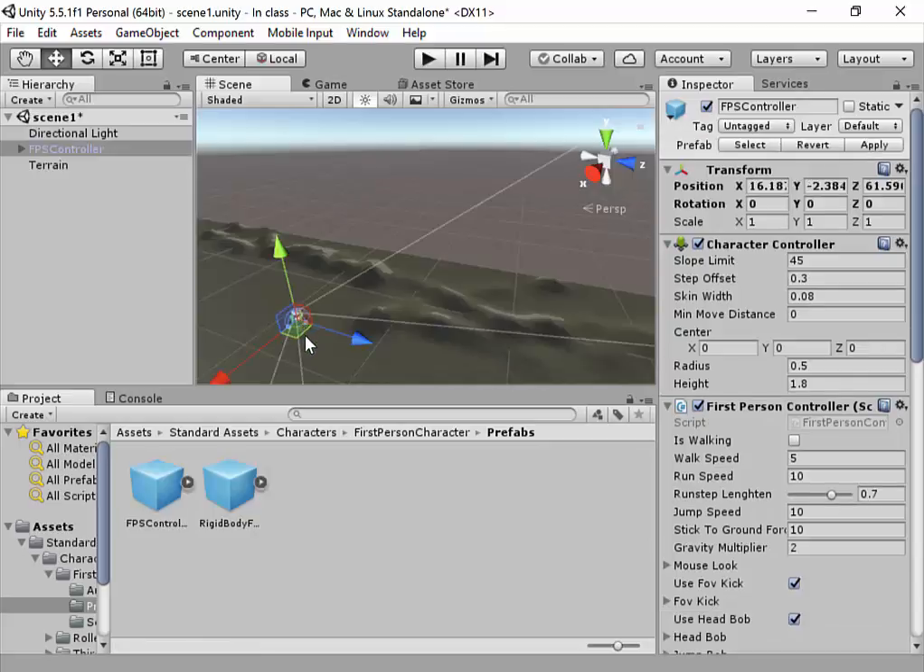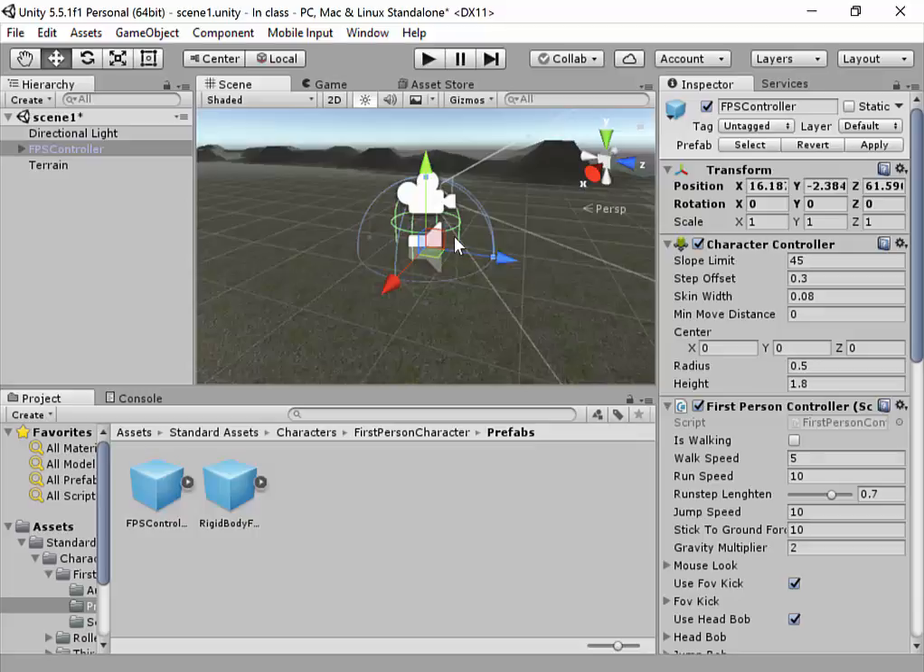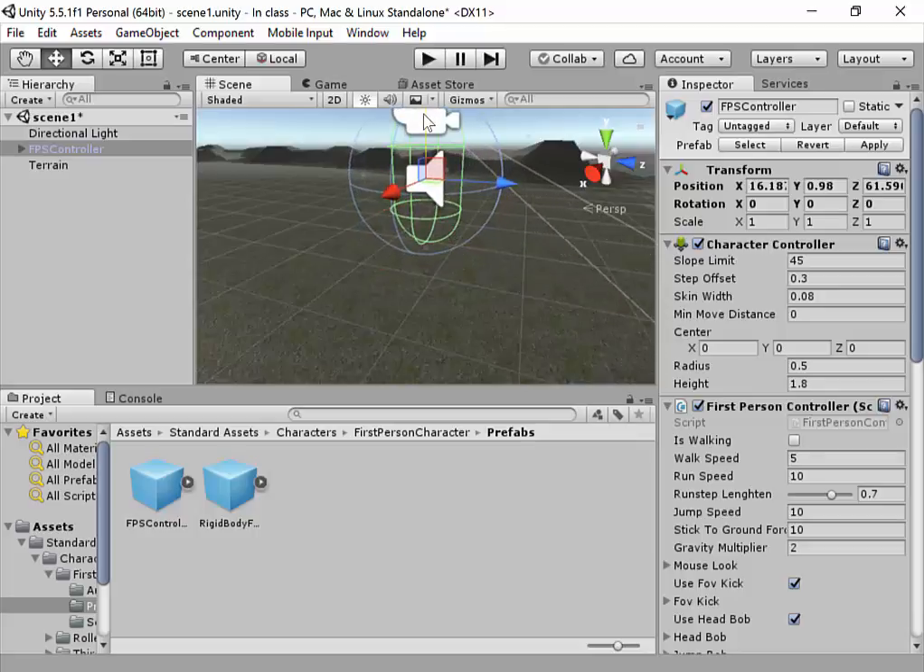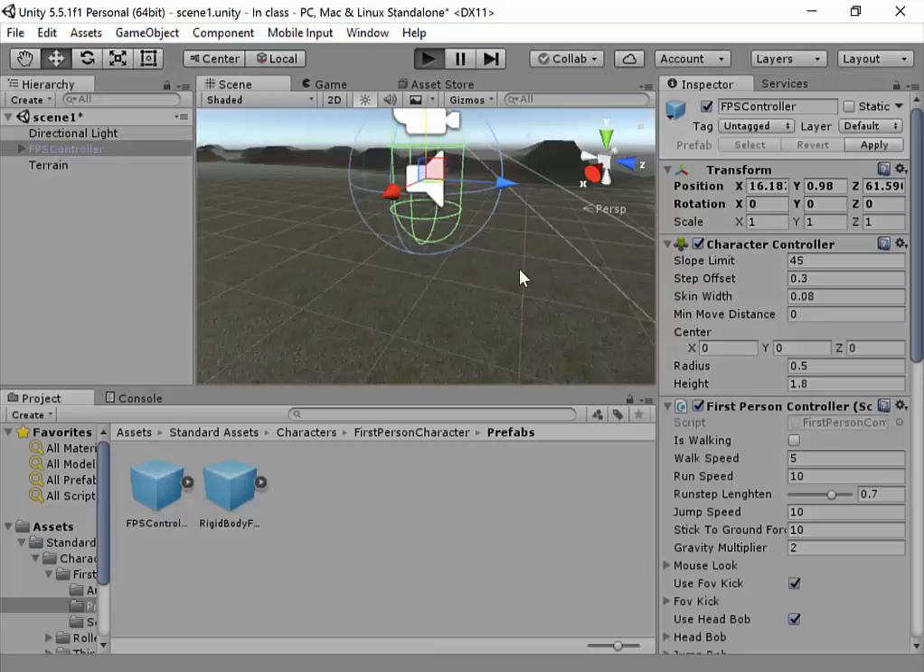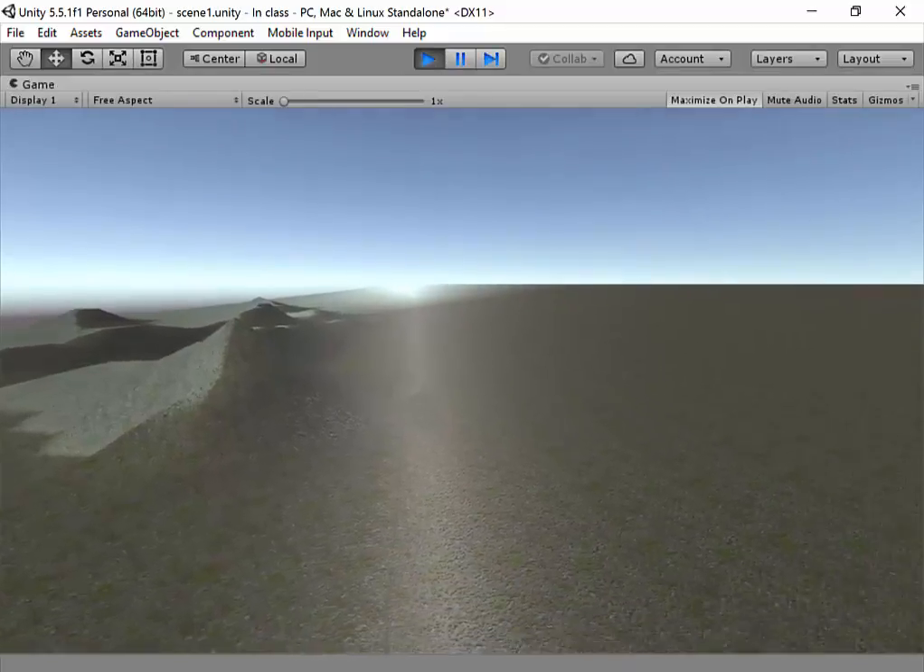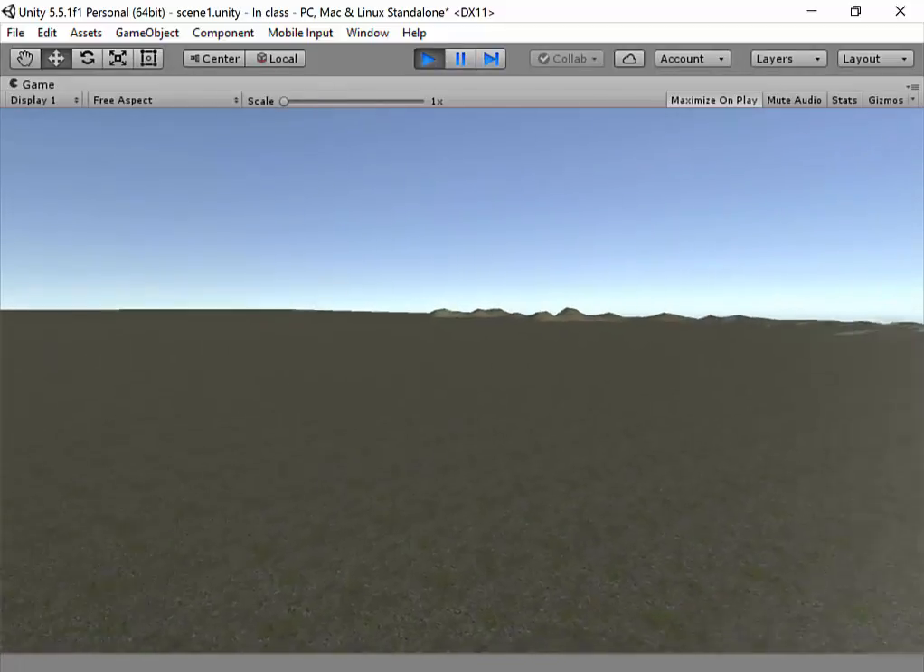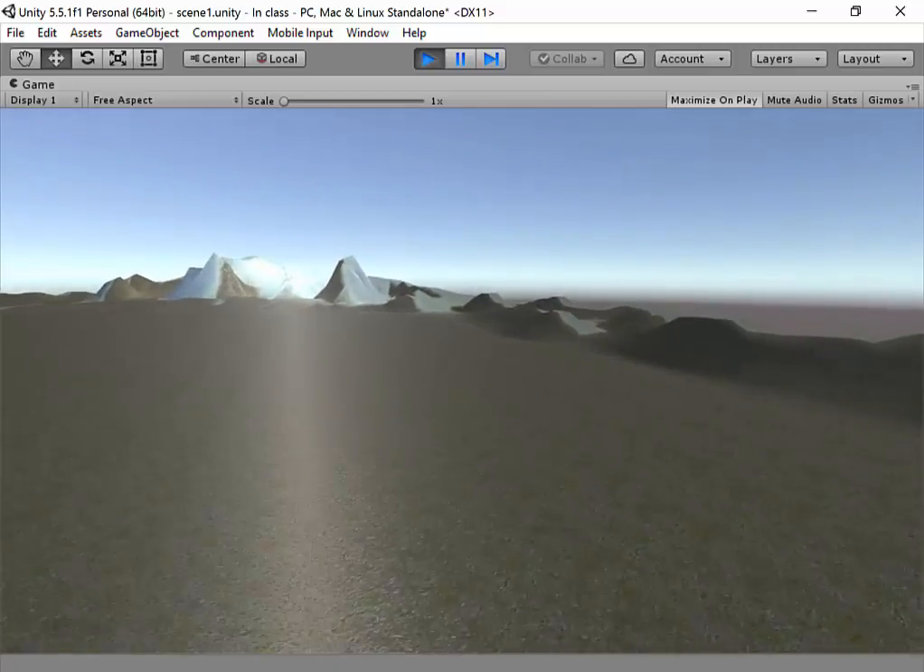Now I'll just zoom in, that's F to focus, and you can see often by default it will end up being partly in the ground, so I'm just going to drag it up a little bit so it is sitting just above ground. So now you can see in my hierarchy the FPS controller has appeared, and when we press play we should appear. Here we are, and so now we are mobile in our game and we can go running around